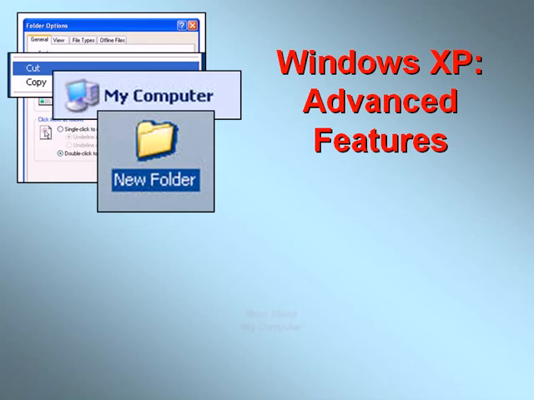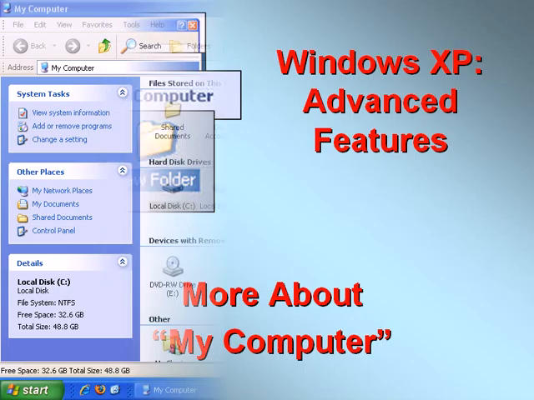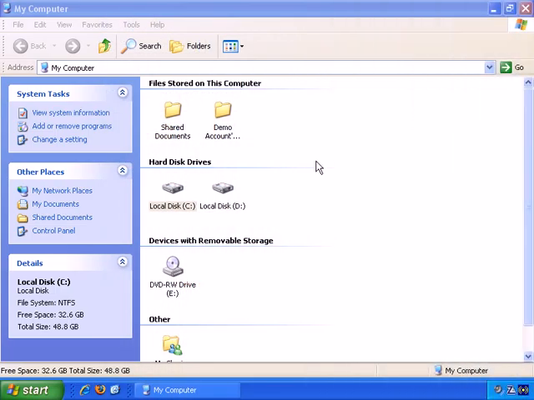In this video, we'll expand our exploration of My Computer. In this video, I'm going to expand on exploring My Computer and the My Computer screen, which is available directly from the desktop